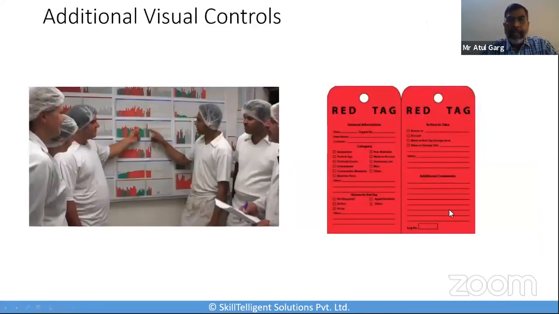Okay. There are a few additional visual controls which also can be established over here. One of those controls can be planning boards, quality circle boards, various kinds of display boards which will help you to interact and also understand what is happening. You could even identify certain tools which are damaged, ineffective, or not proper to use, and you could red tag them so that people don't pick up and use the wrong tools, resulting in further downtime because a wrong tool was selected or used.